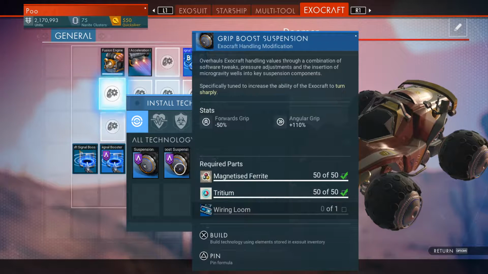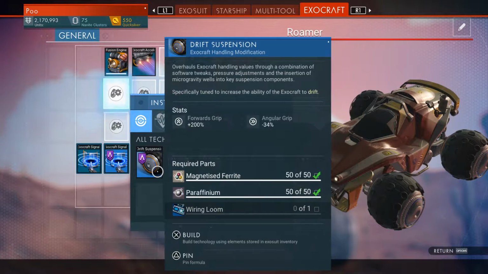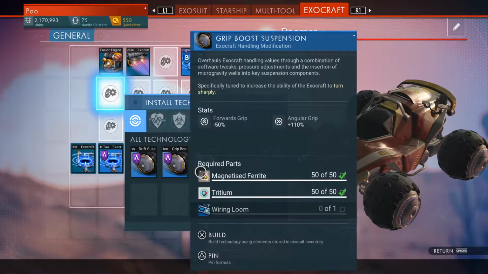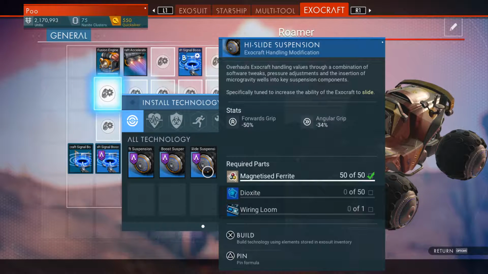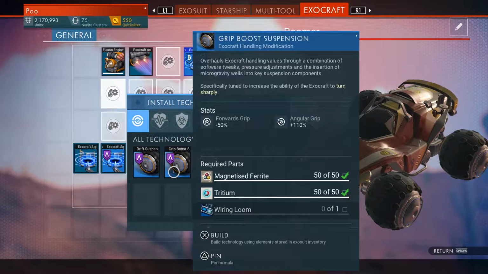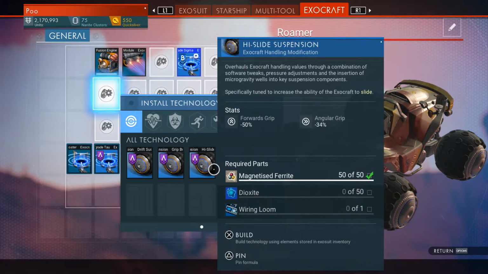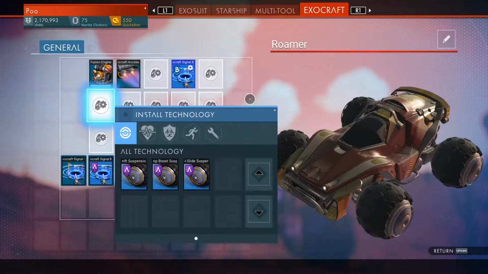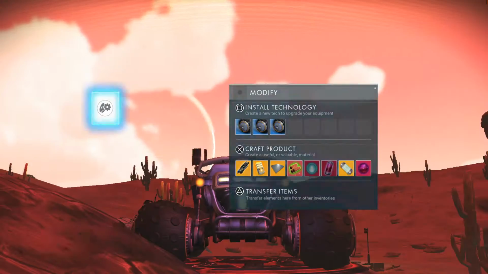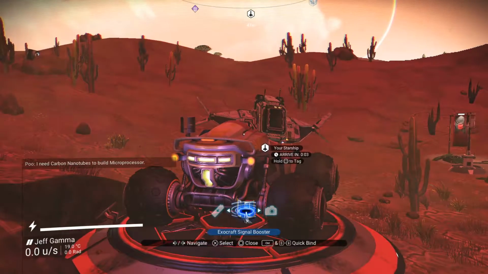Let's see, grips. Forgot how I like to do my Exocraft. Forgot if I like forward grip better or angular grip. I don't remember. Can drift. Tokyo drift. Alright. So if you look at your Exocraft,